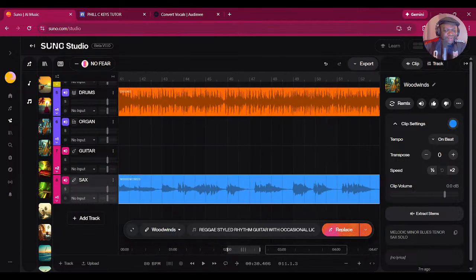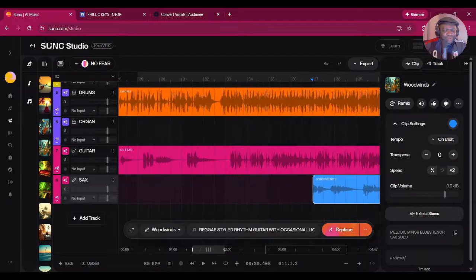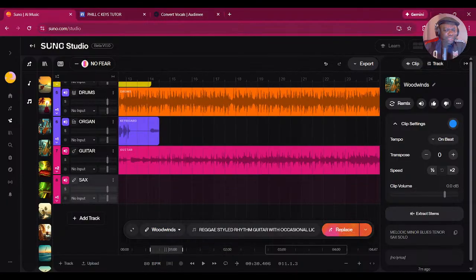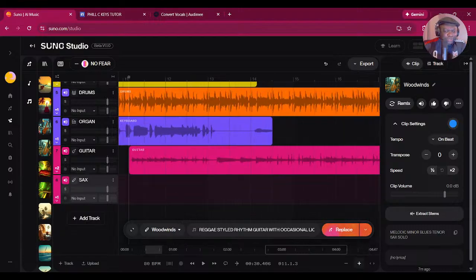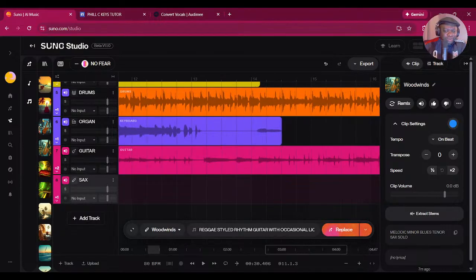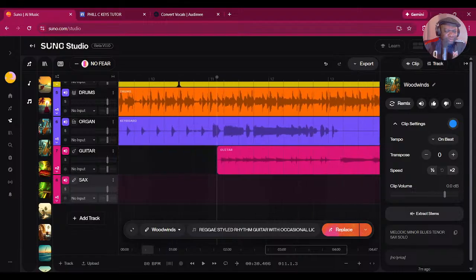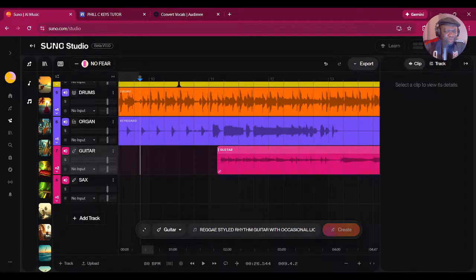So that guitar is going a little bit rogue. You got to get it under control. The reason why you want to do this in Studio before you export it to a DAW is you will have the same trouble in your DAW. So it's better to just resolve it here once and for all. When you move them into the DAW, they'll behave themselves.